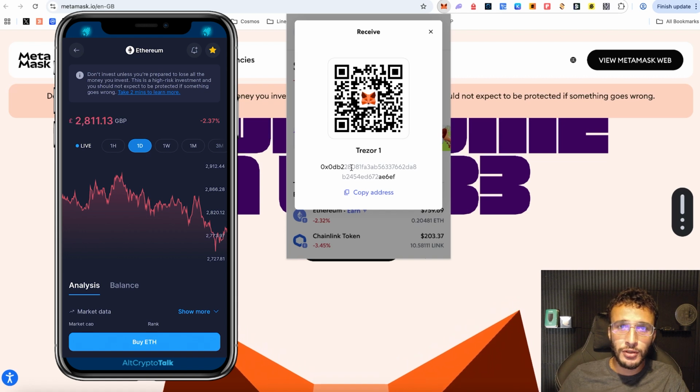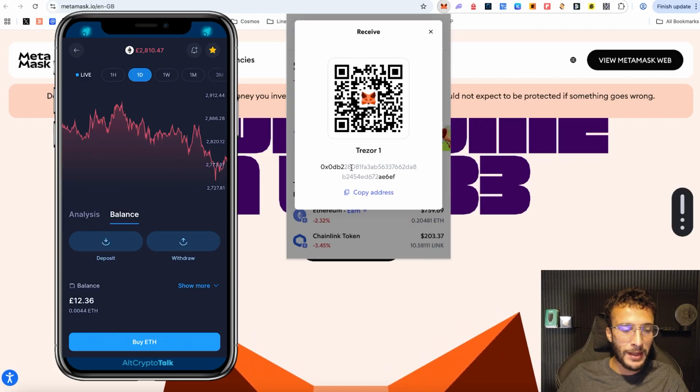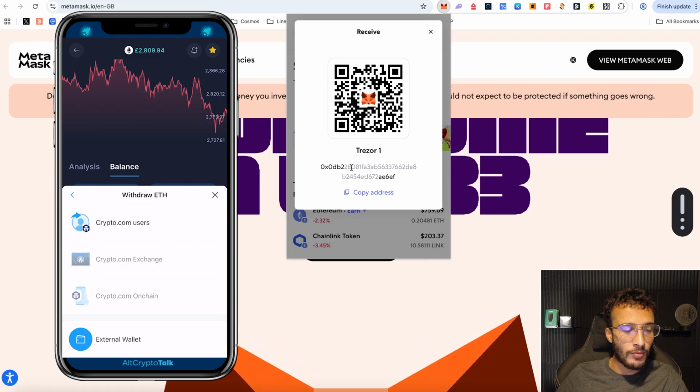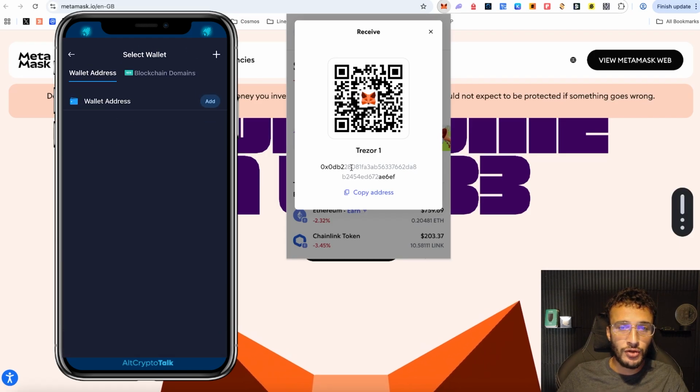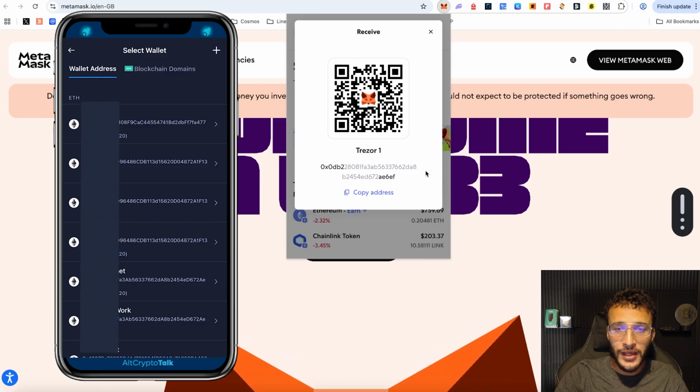If you've got ETH tokens on your exchange which you want to withdraw into your wallet, all you're going to do is head over to the Ethereum token. As you can see, we've got £12.36 in ETH tokens. And all I would do is hit that withdraw button. Next, I'm going to choose an external wallet. And now all you would do is either A, copy and paste that wallet address that you can see